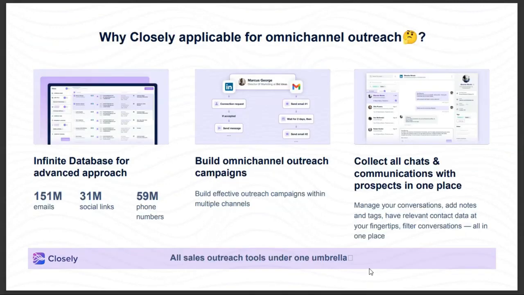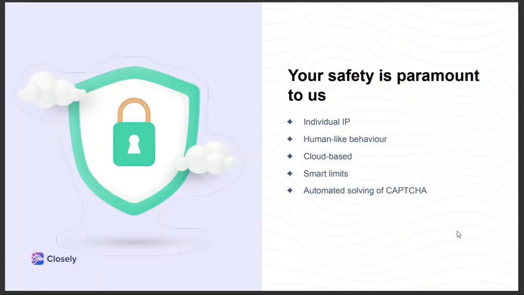With Closely, you can quickly find relevant decision makers' contacts based on certain industry criteria, then build and verify your prospect list. Target your audience via email, LinkedIn, and phone, overcoming all manual approach limitations, and then analyze and replicate top-performing approaches. Curious to see how we do that? Let's dive in. Closely is one of the most powerful automation tools on the market, and at the same time